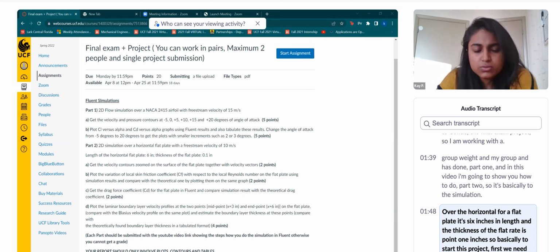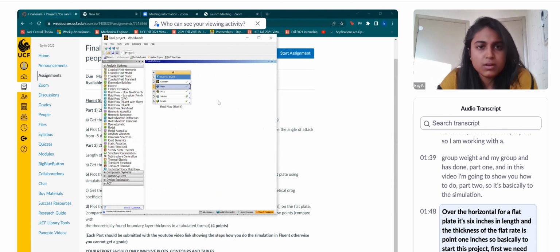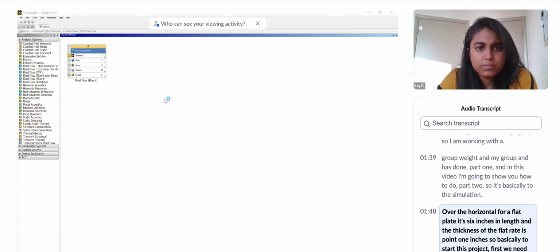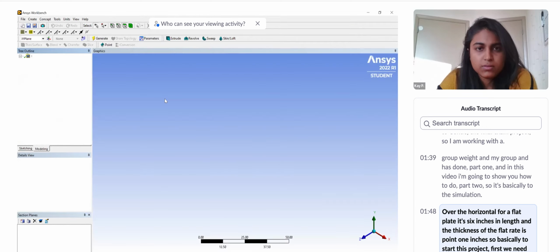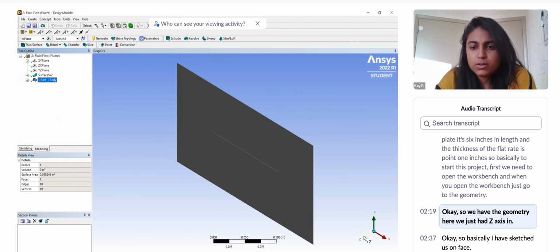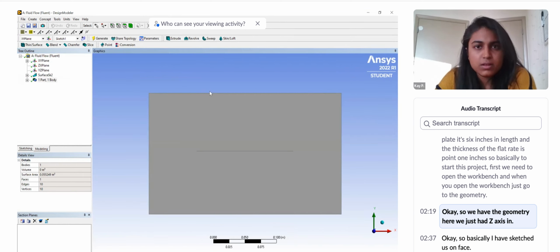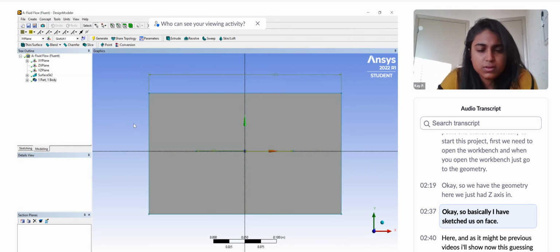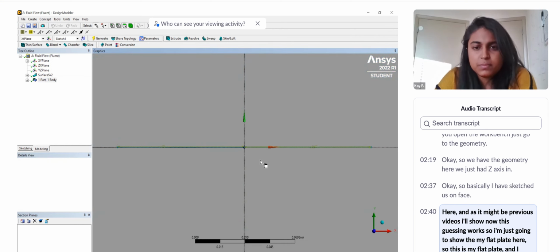So basically, to start this project, first we need to open the workbench. And when you open the workbench, just go to the geometry. Okay, so we have the geometry here. We just hit z-axis, and I'm gonna give this point. Okay, so basically I have sketched a surface here,